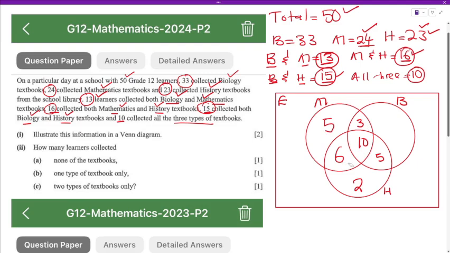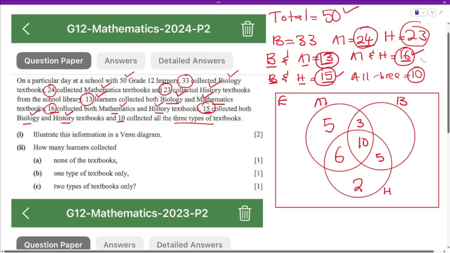You go to the next one, biology. What is the total for biology? I can circle these two as well. The total for the set of biology is 33. So I'll check how many values I have currently sitting in that region. So we have this, that one, and that one already. So we're going to add those values and take away